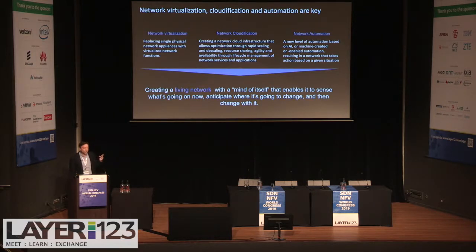Words that may be overused. So, network virtualization, what happened? We replaced those physical boxes, those physical appliances, decomposed them, and we have the software and hardware disaggregated now. We call them VNFs, right? Things like that. Network cloudification is all about taking advantage of what cloud computing can give us, right? So optimizing the capabilities of the cloud itself, a cloud-based network.